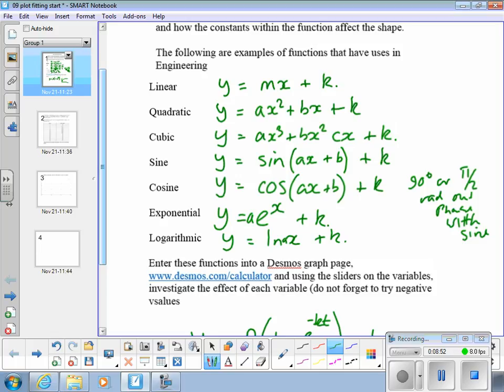So a knowledge of those functions, what they look like, or if not, a quick graph of them, will give you an idea what shape they are and whether they fit your data. So for instance, what I'm going to do, and it says here, actually,